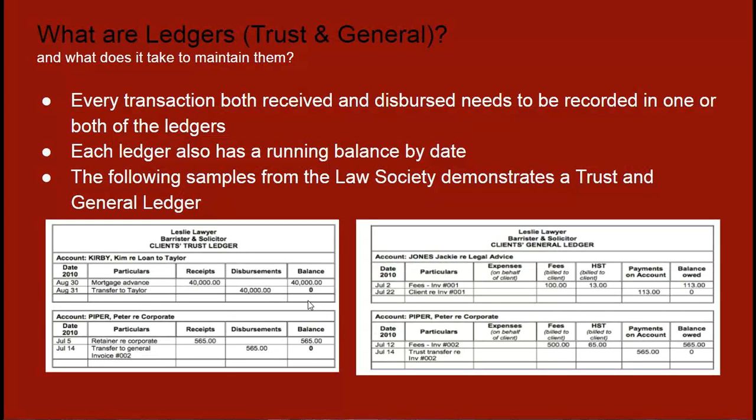Okay, so this is important. Sometimes when you have a manual system, you may be tempted to combine these two. One thing to keep in mind is to separate them out based on the file and the matter. So when you capture data, whichever system of record that you currently use, please keep in mind that as a trust ledger, the important components are the date of the transaction, what was it for, was it money coming in or money leaving, and what was the running balance as per that date. Okay, so that's a typical trust ledger,